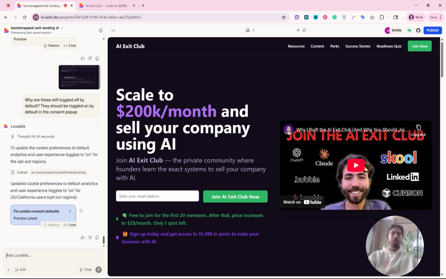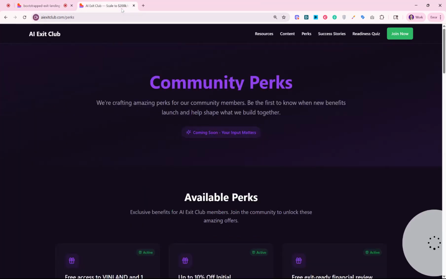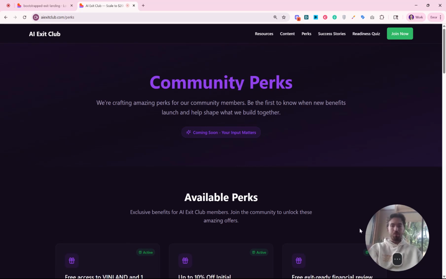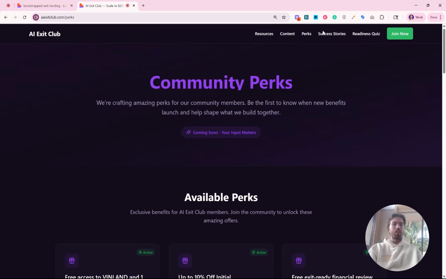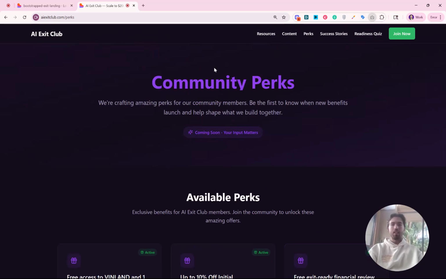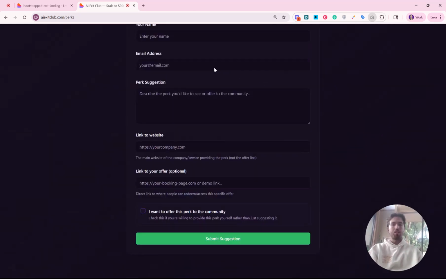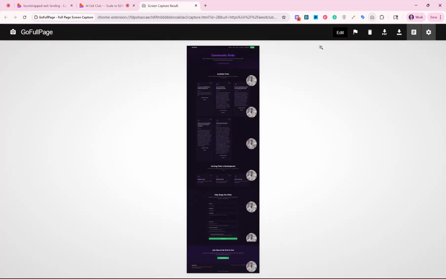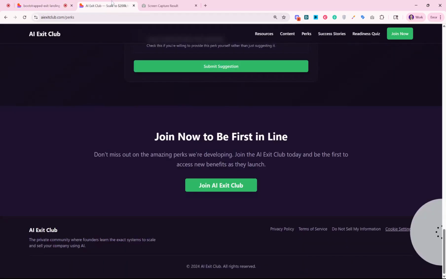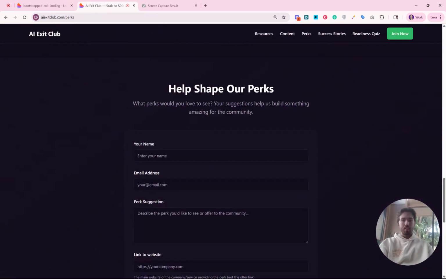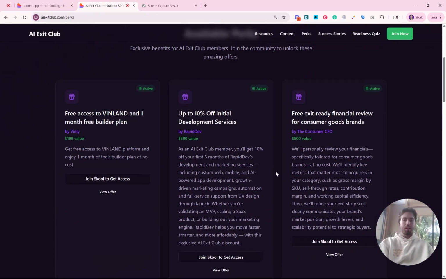So all you have to do is you tell Lovable, if you want to use an example, feel free to use mine. I don't care. All you have to do is just go into here and use this tool, which is called GoFullPage. If you click on it, it will take a full page screenshot of this page, and you can actually copy this or like download it to your computer and then just paste it into here and say into the chat feature of Lovable, and then basically just say,